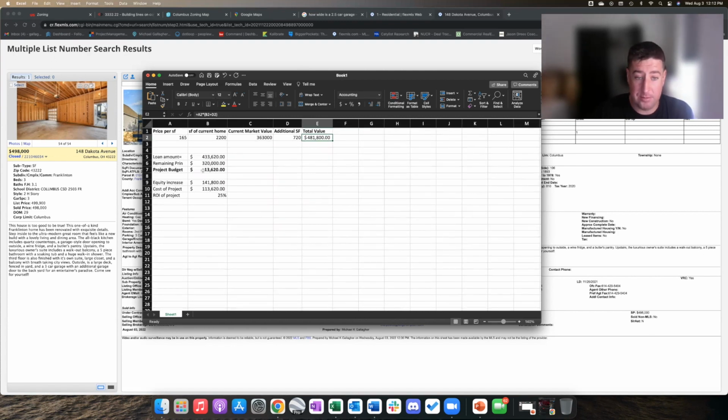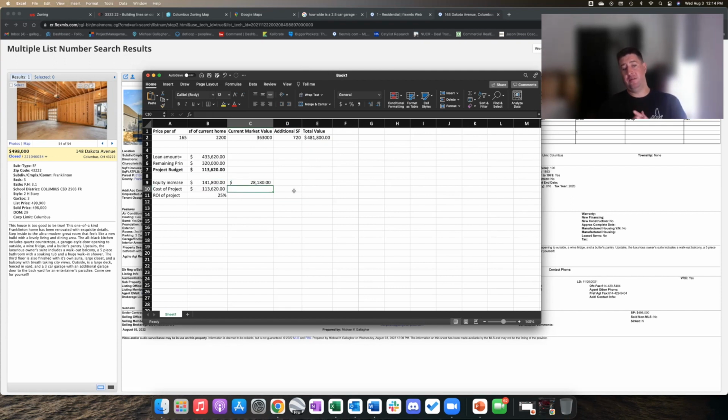then we take 80% of that money back out. We do the new build, and the equity increases from 363 to 481, which is a $141,000 equity increase. The cost of what it took to put into the project was 113 from the home, right? 113,620. So it cost us 113. We had a net of, I guess let's find out, minus blank. So we had a net increase